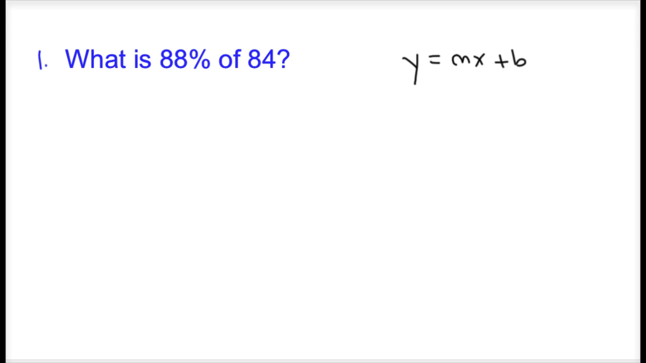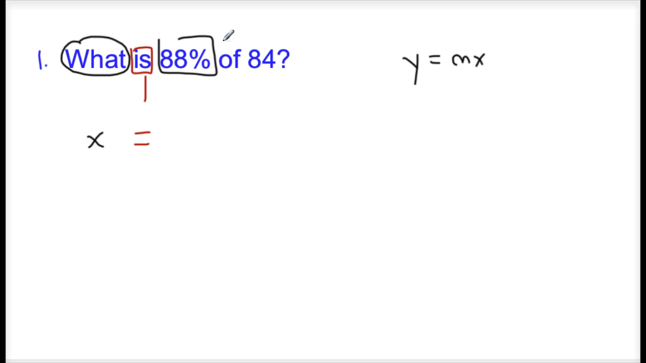Except we're going to get rid of the plus b here because there is no initial value, so it's just going to be y equals mx in a sense. So it says, what is 88% of 84? First key word here is the word is. Is means what, mathematically? Equals. So there's my equal sign. So that's going to separate my two sides. This says what is. So my what is my unknown. So we call that a variable such as x. So now we have x equals